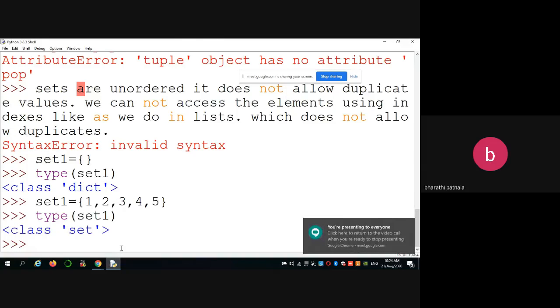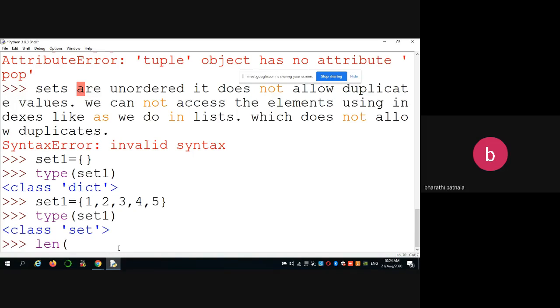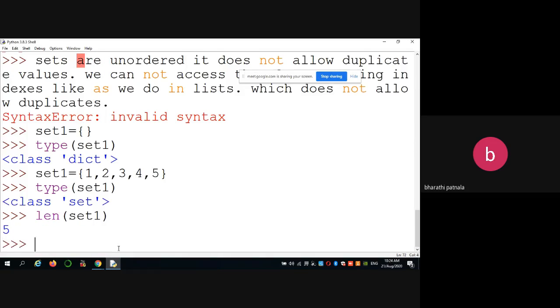So you can store the elements into a set like this. Now you can find out how many elements are in that particular set by using the function as usual, len of set 1.